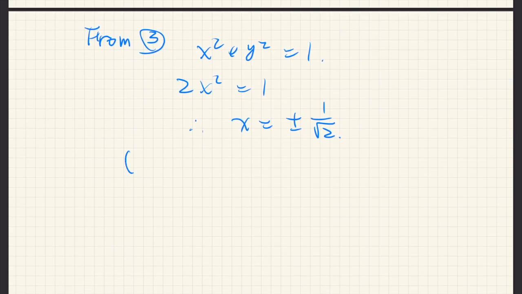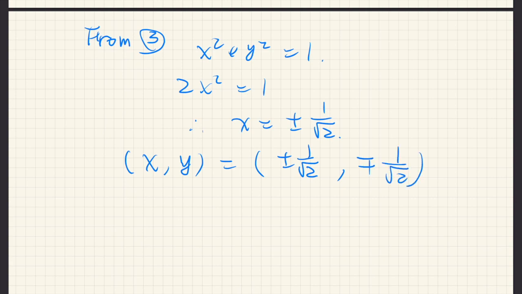And therefore x and y are plus minus 1 over square root of 2 and minus plus 1 over square root of 2. So these signs should match: positive, negative, negative, positive. Okay. And next case,